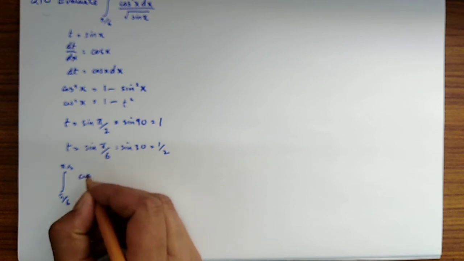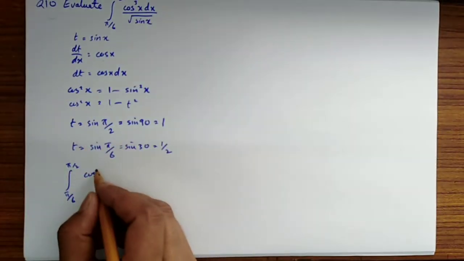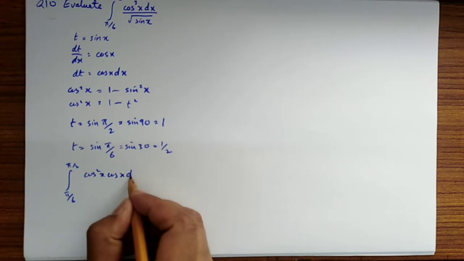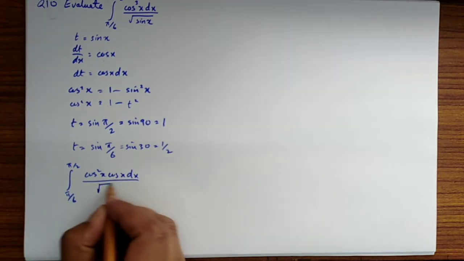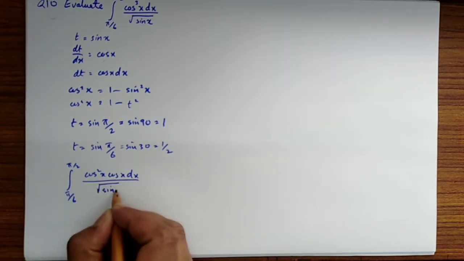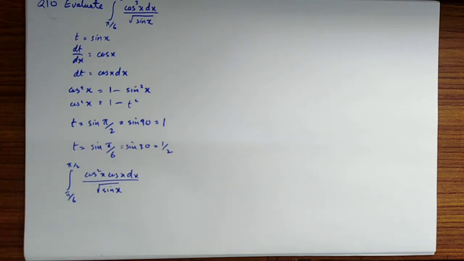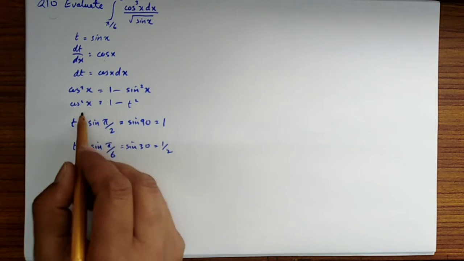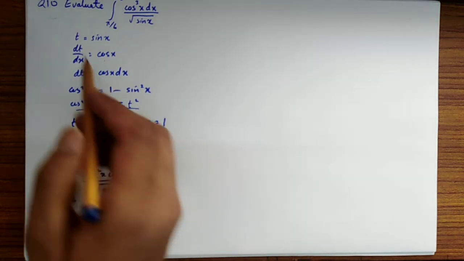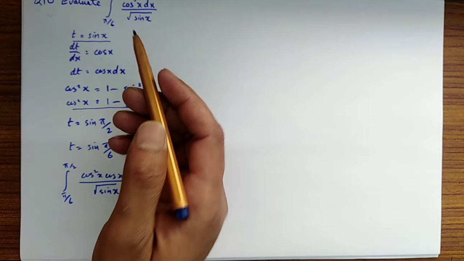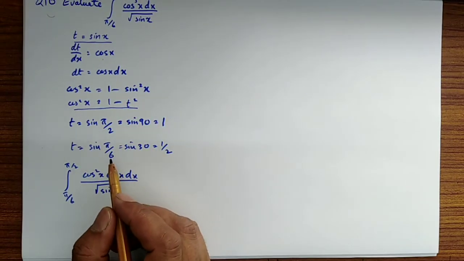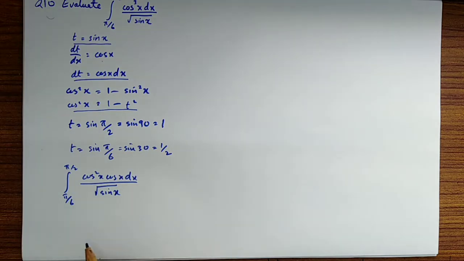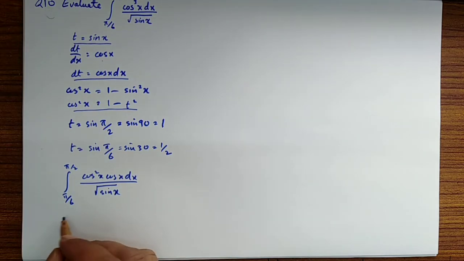We are going to break this cube into a square and a cos x, dx upon root of sine x, right? Now by putting the values that we have supposed up here into this original question, that gives us,